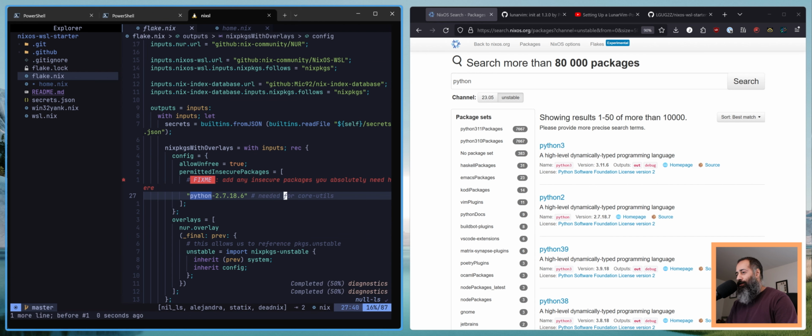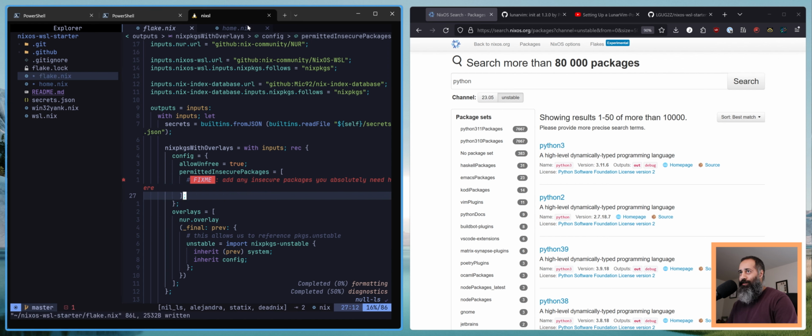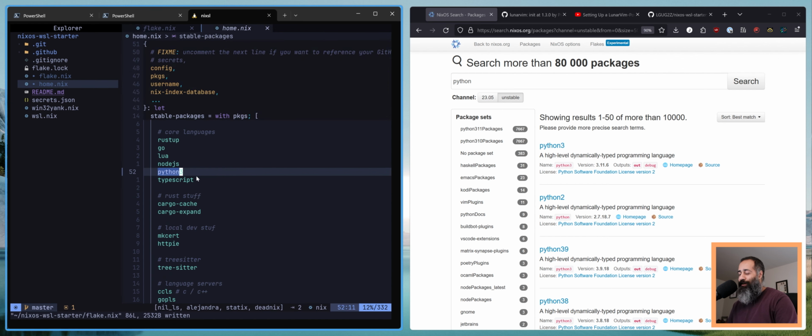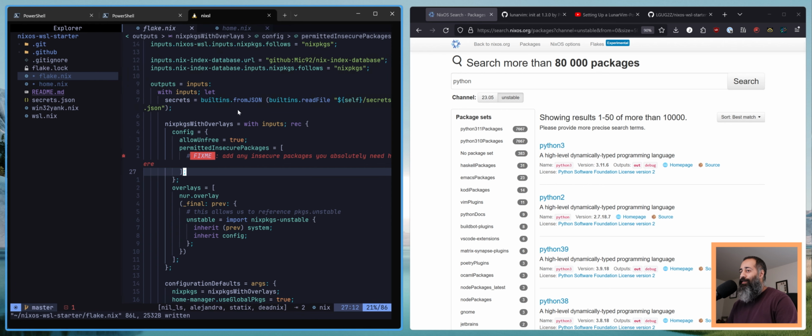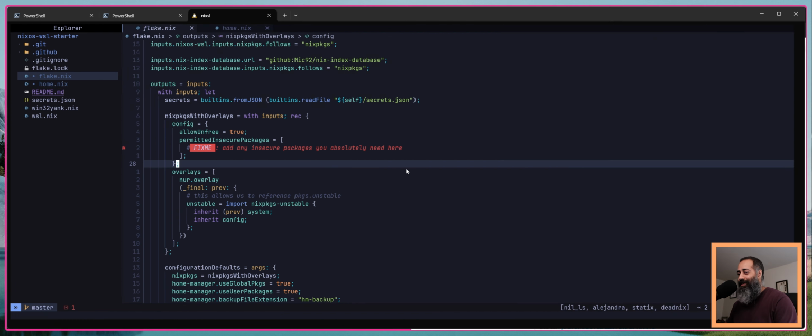It was not actually needed for core utils. I got completely messed up. Core utils does not depend on Python 2, so we can remove this, because we were installing Python 2 instead of Python 3. Now that that is out of the way,